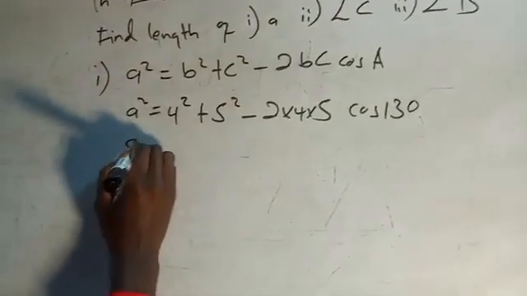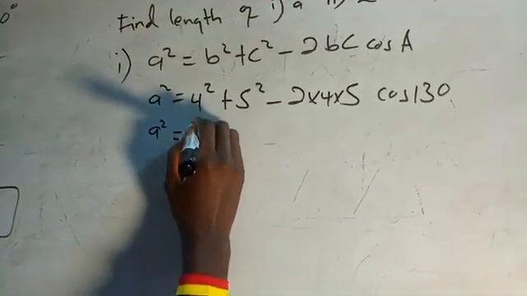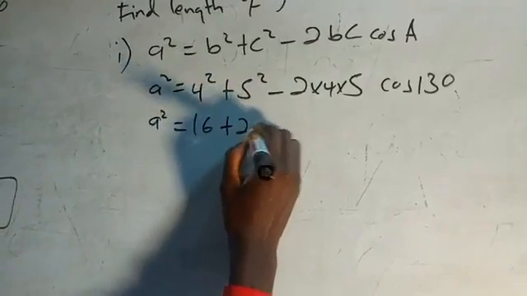So a squared will be equal to 16 plus 25,